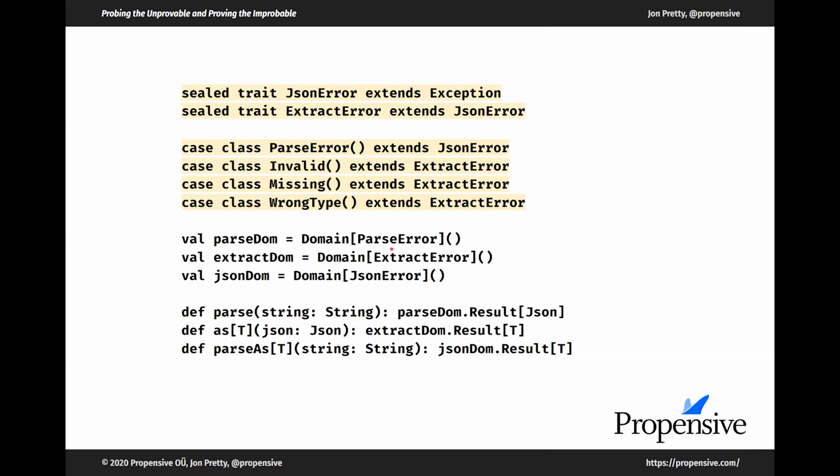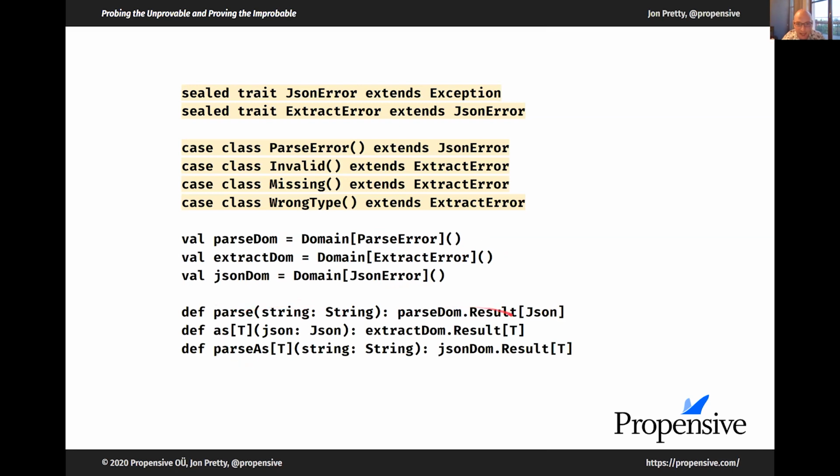We can then define some domains: parse domain, extract domain, and JSON domain, which are going to encode in the domain's type the types of exception that we want it to capture. So parsing is parse errors, extraction is extraction errors, and JSON in general is a JSON error. And we'll define some methods which may appear somewhere inside our JSON API.